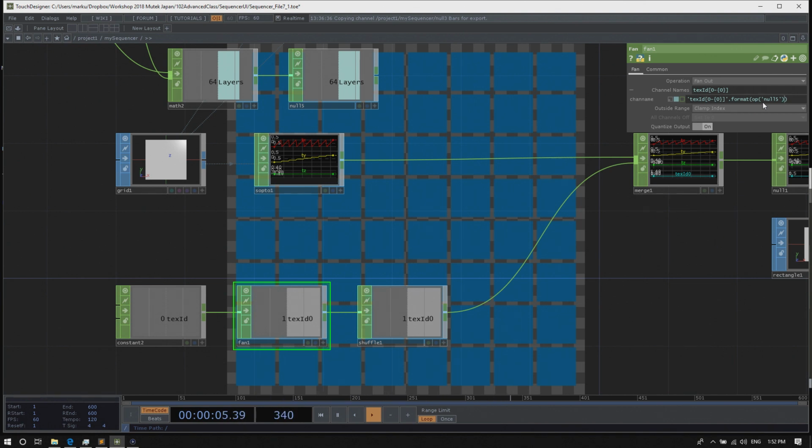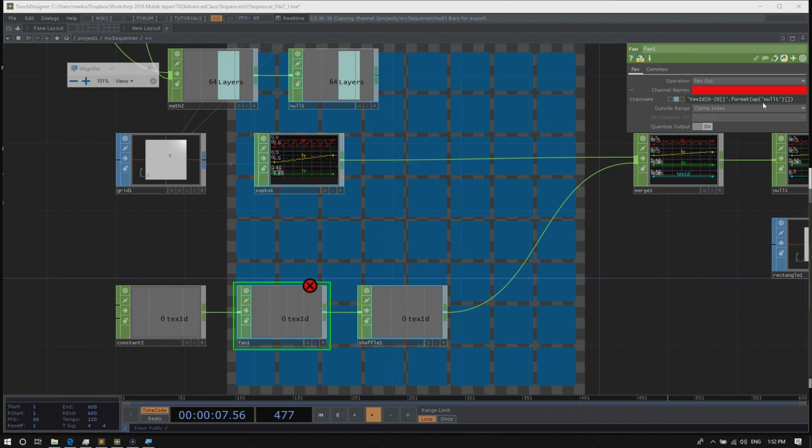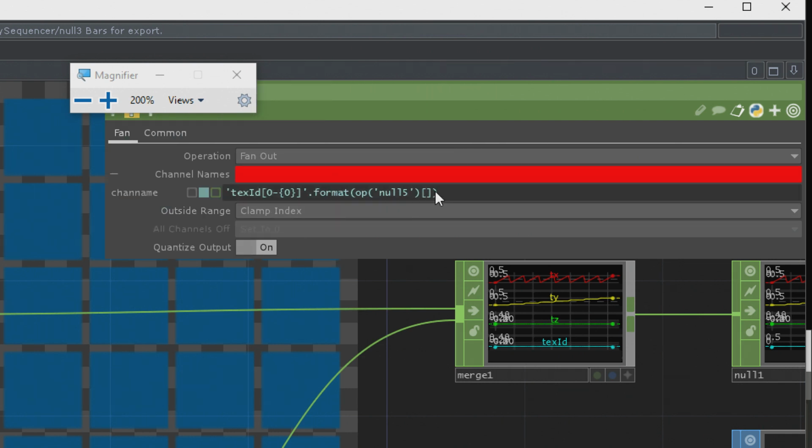It's easier to see the expression than to explain it, so please type it as shown. And then in here I can put in the reference to the channel layers.